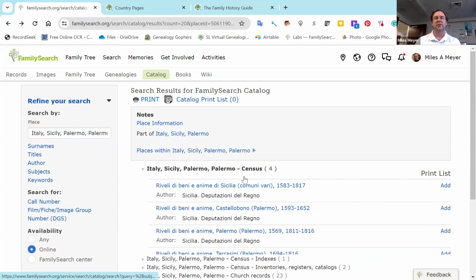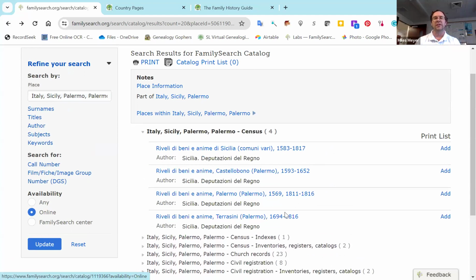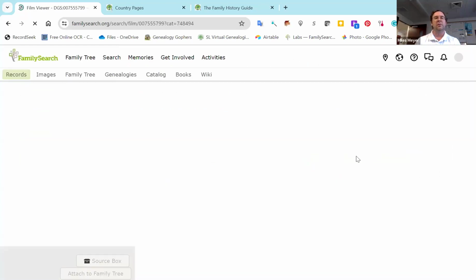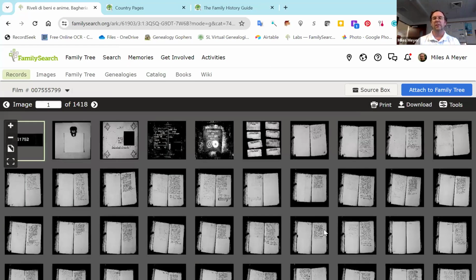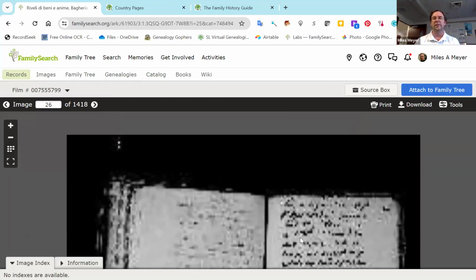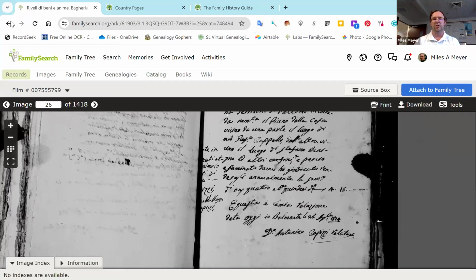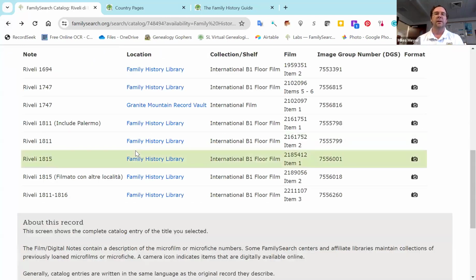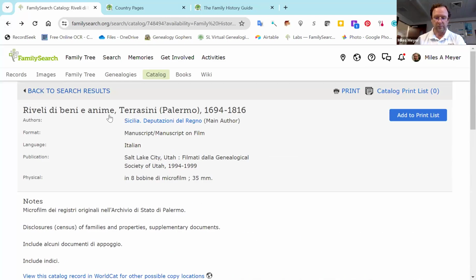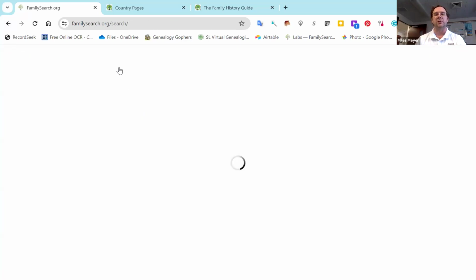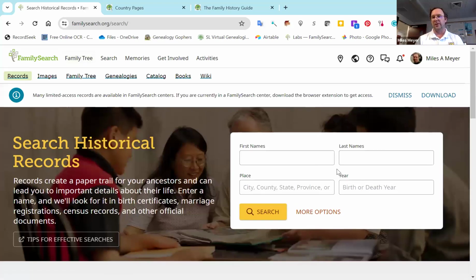You can see there's census records. So here are the different census records that are available for this location. And again, they're not searchable, but we can go in and see the census record information. Now, when you want to see what's been indexed, we can just go to records, search records, and